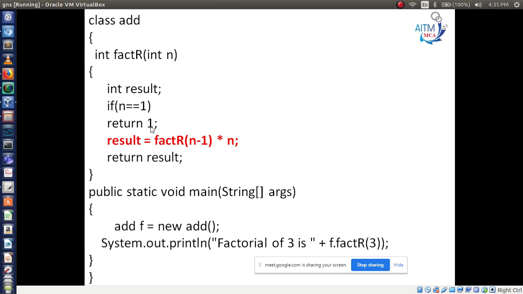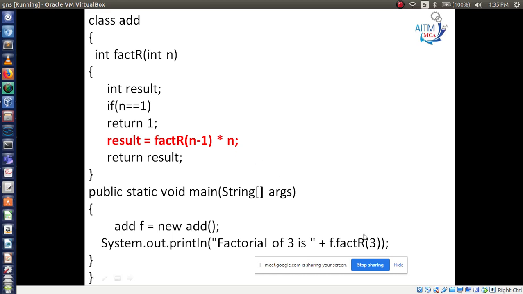If more than 1, now calculate this formula: factorial of n minus 1, times n. Based on this line, this function calls itself. Here the function name is factor. So using this function name, we calculate the factorial of the given number.